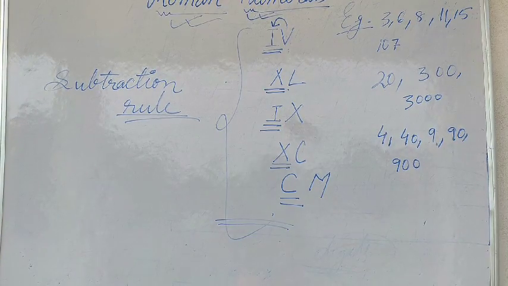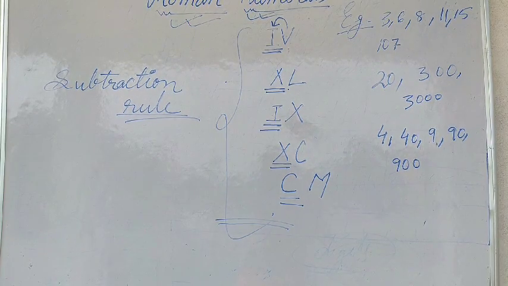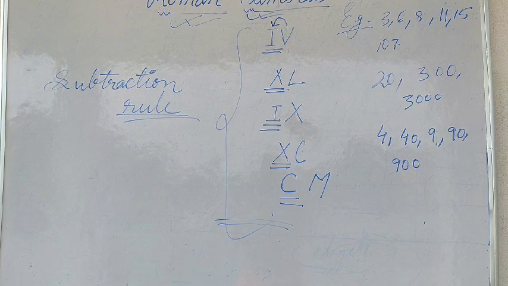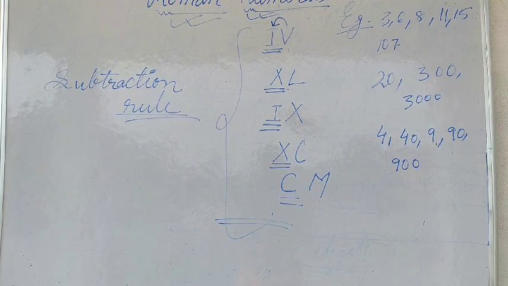Some more specific rules for writing numbers into Roman numerals are: symbols I, X, C, M are repeated, whereas V, L and D are never repeated. No symbol is repeated more than 3 times. The symbol I can be subtracted from V and X only once. The symbol X can be subtracted from L and C only once. And the symbol C can be subtracted from D and M only once.